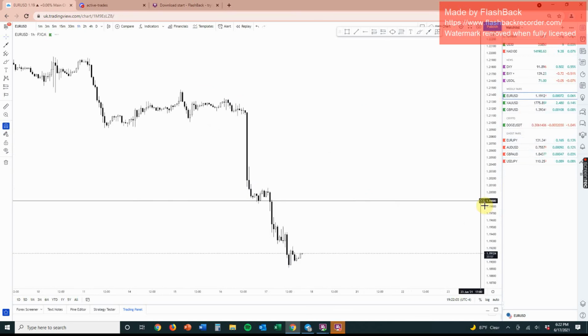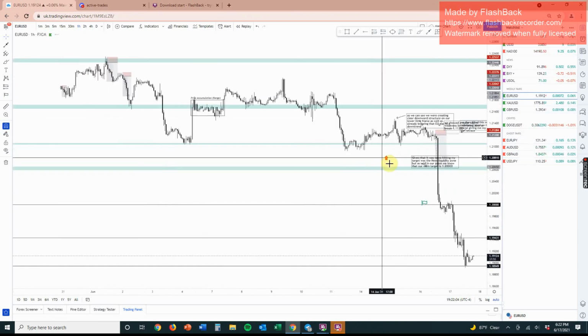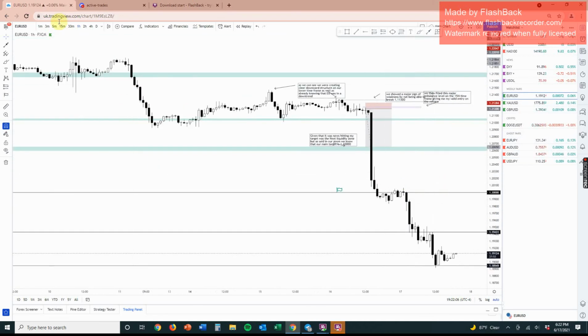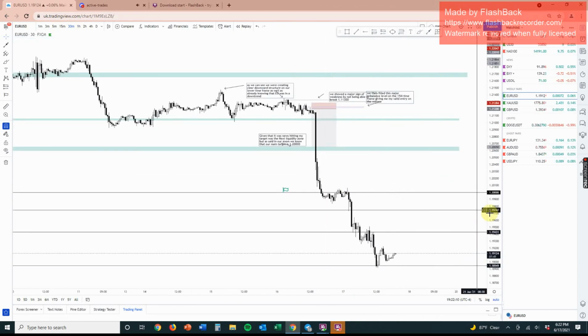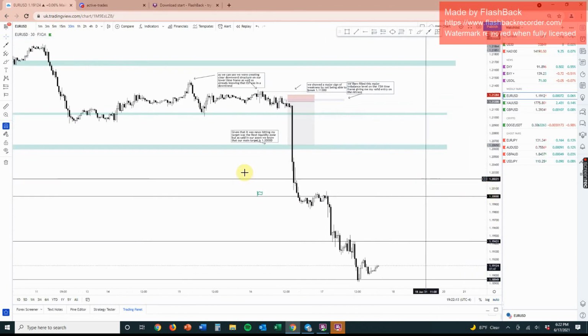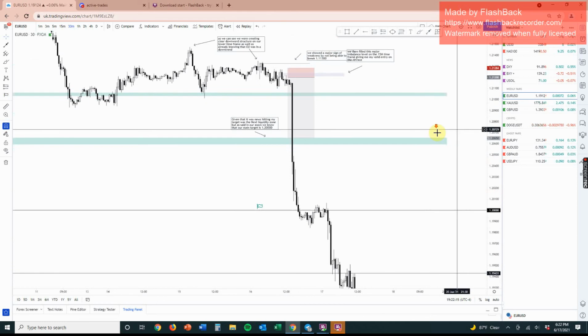So moving on to our last two trades. So we took this Euro USD trade. This trade was absolutely beautiful. It was a bit of a risky trade because, again, we were trading FOMC news, but as we can see,